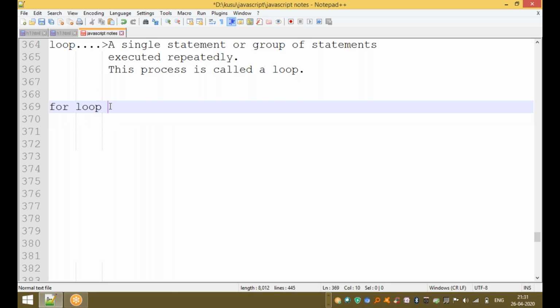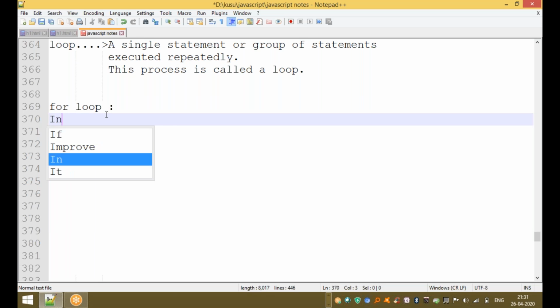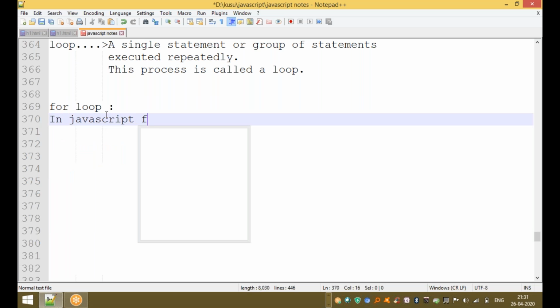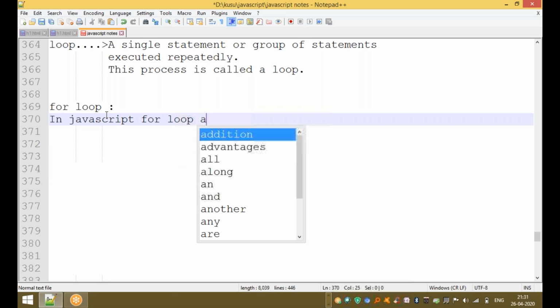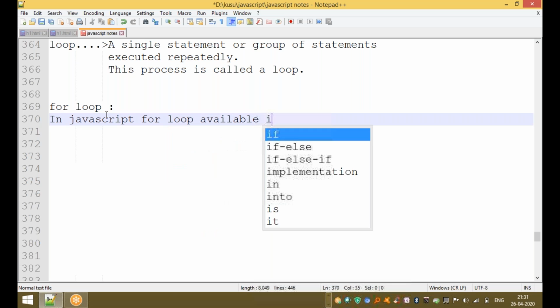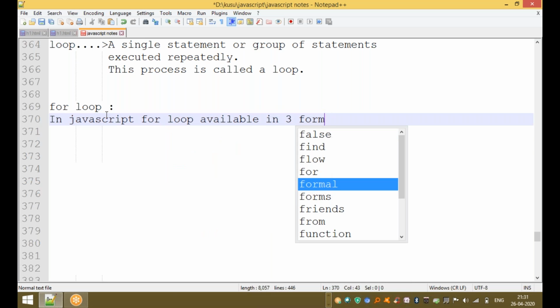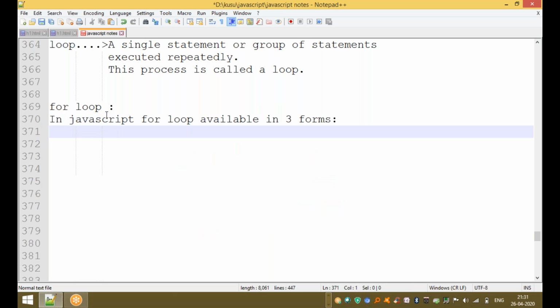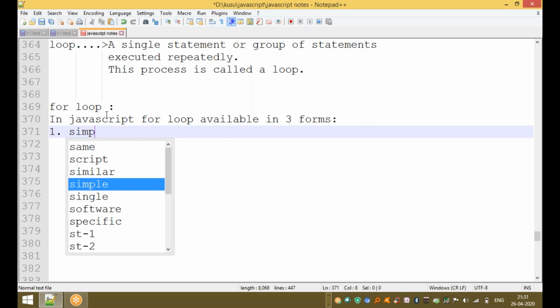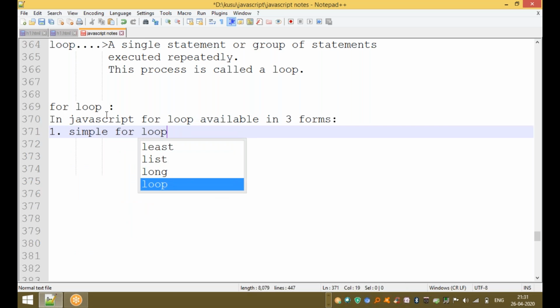What is a for loop? What are the different forms available in JavaScript? In JavaScript, the for loop is available in three forms. One is the simple for loop.